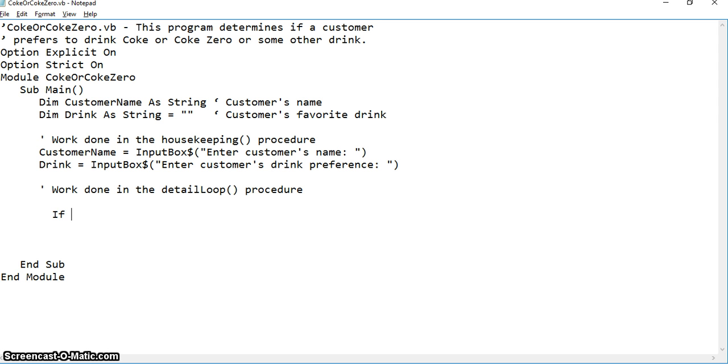We're going to start with an if statement. We have a variable called drink. It's an empty string, as you can see here. So if drink is equal to the string Coke, or if drink, the variable, is equal to the string CokeZero, then, and I'm going to hit enter here and tab over twice,